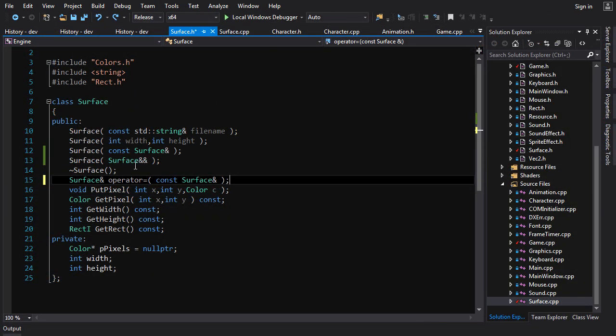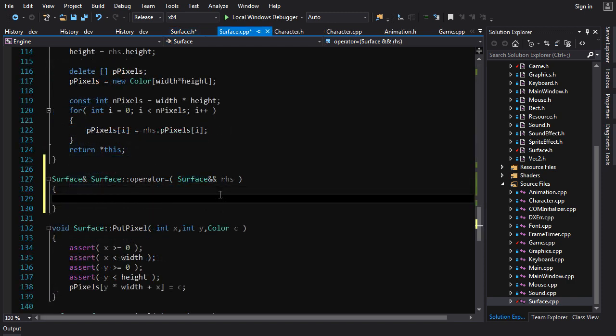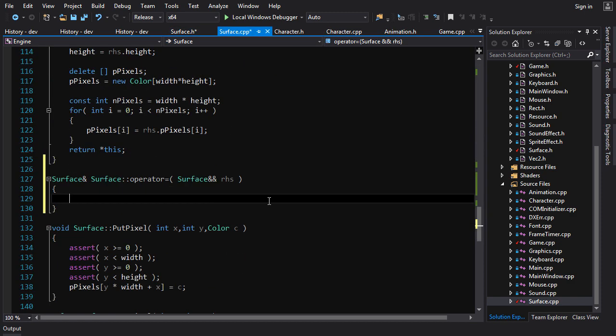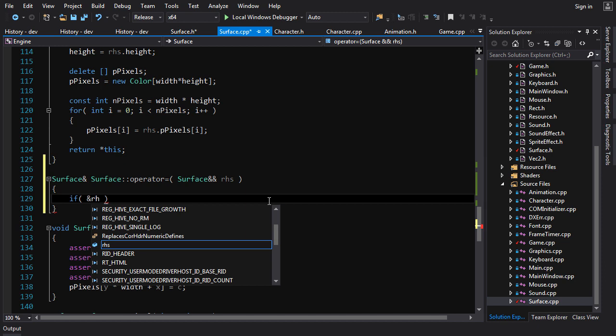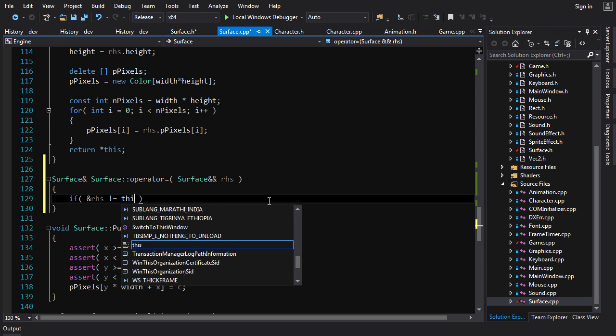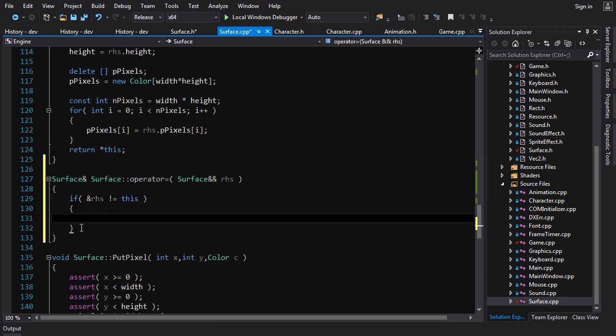Now, if you're going to be doing a move constructor, you should also be doing move assignment in general. So create a move assignment operator here. Basically the same idea as the copy assignment. First, you should be checking, I missed this the first time when I talked about this stuff, that the thing being moved and the thing being moved to are not the same thing. So if the address of right-hand side is not equal to the address of this object, then we do the